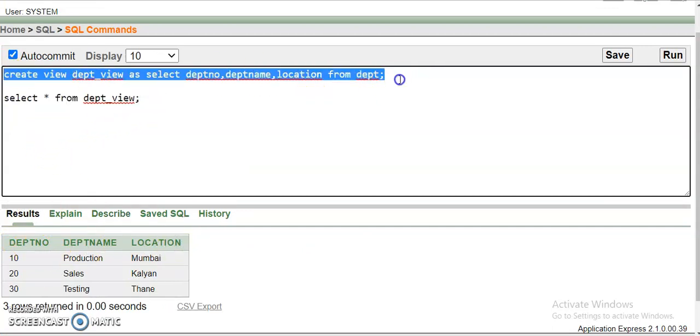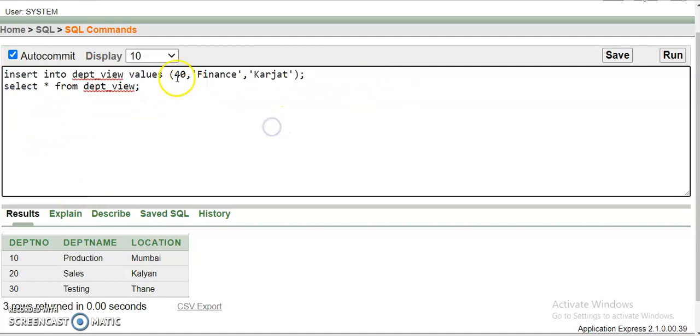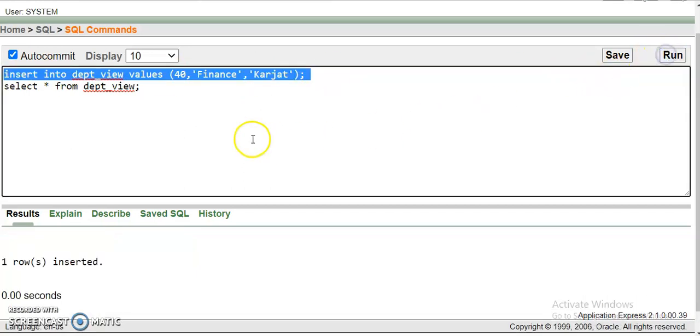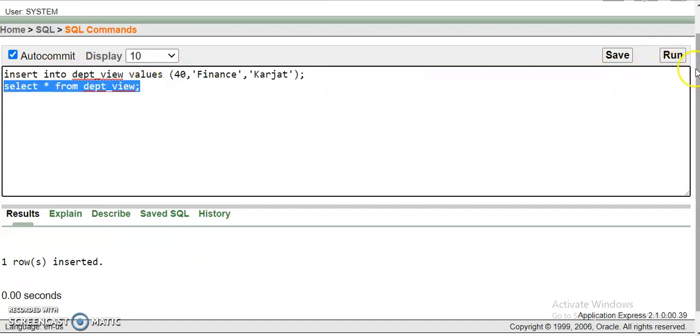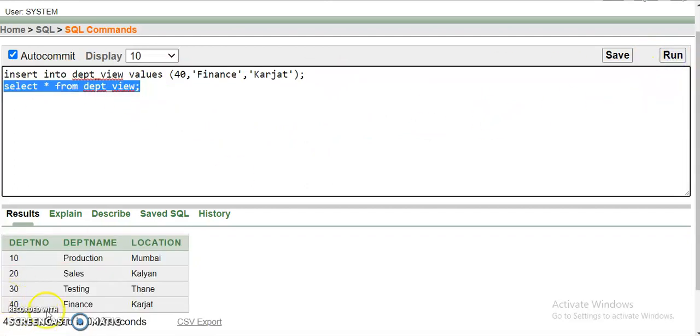So we have to write data for 3 values. So depth number 40, depth name finance and location is Karjat. So run this query, insert data and now check the output, select star from depth view. So here 40 finance and Karjat is added. Okay, so this is the output query for second question.